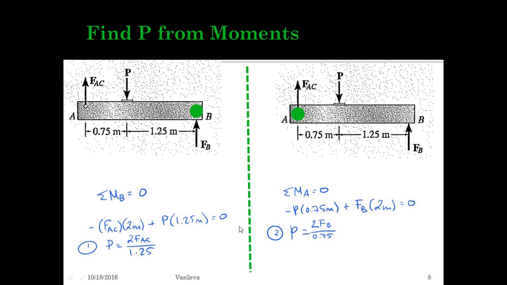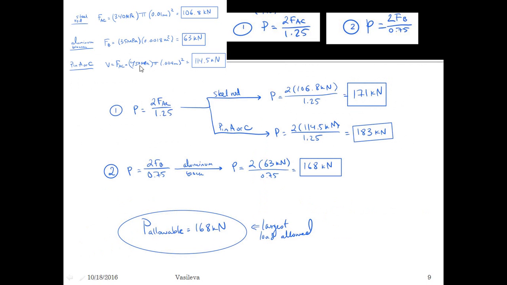And I just found what FAC and FB were previously, right? So I just found my allowable forces. FAC has 2 potential allowable forces and FB has only 1. And I have these 2 equations that relate those things to P. So starting with the first equation, P equals 2 FAC divided by 1.25,